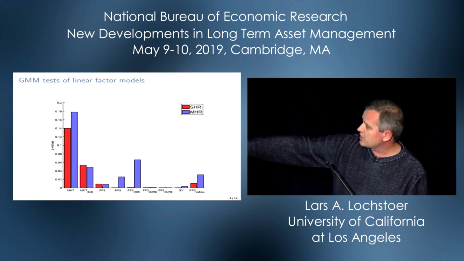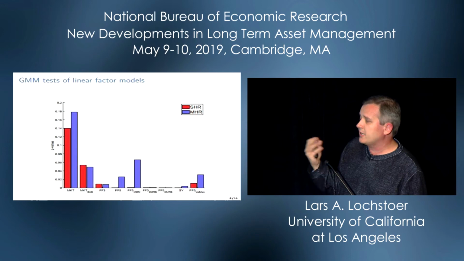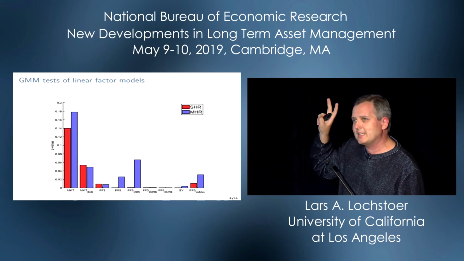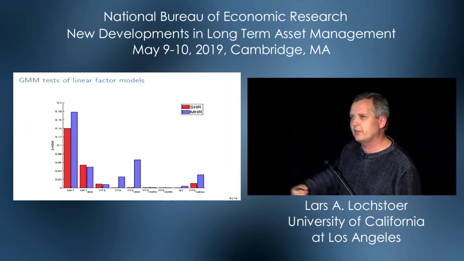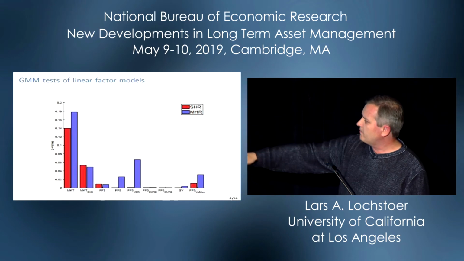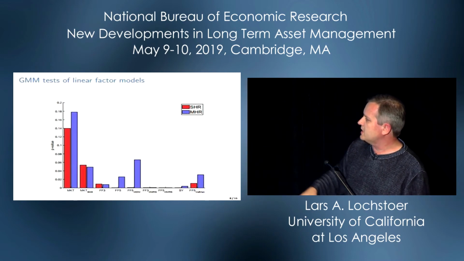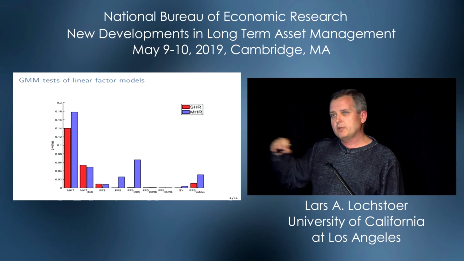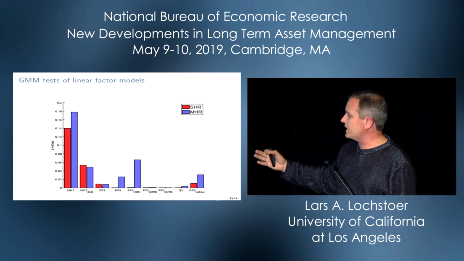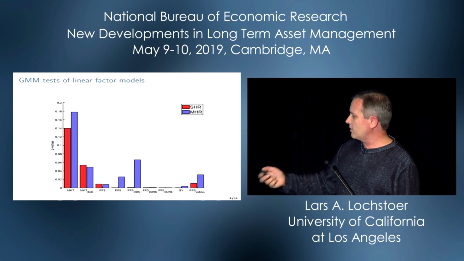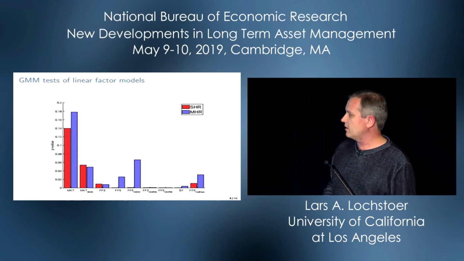And the answer is, on the left you see the market. The market is not rejected, okay? So the market sort of prices itself at other horizons. But basically all the other models are, by and large, rejected at the 5% level. A couple of them sneak above, but they're all kind of rejected. So statistically speaking, we reject these models when they're trying to account for themselves at other horizons.